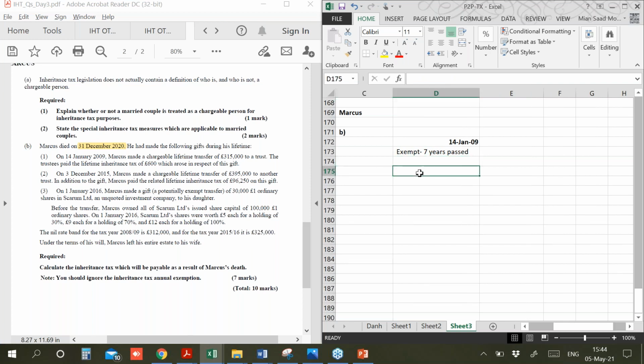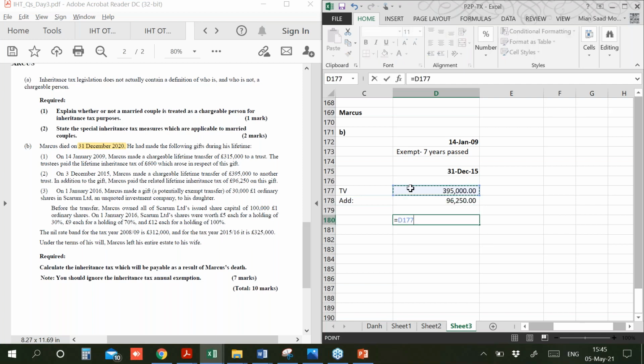Now, for the second one, that is on 31st December 2015, or I can write the date in a similar format. The transfer value, we'll write TV. TV is 395,000. But as you remember, because Marcus has paid the lifetime inheritance tax, we have to add that back as well. And that is mentioned in the question as 96,250. So the final TV will be